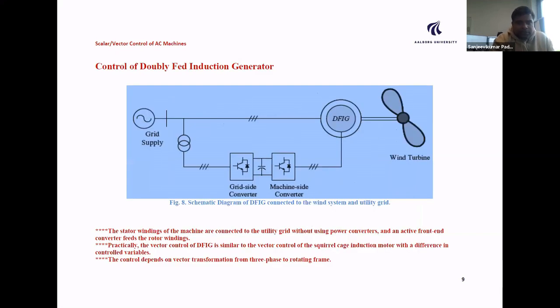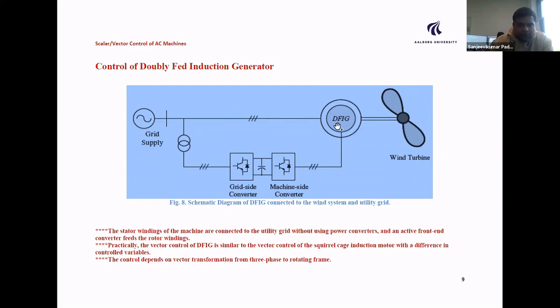And what are the applications in real time with the power electronics and these motors? So the grid can be connected to a DFIG, then to a wind turbine. So the wind turbine prime mover is connected to a DFIG, double fed induction generator. From the stator, we can feed the voltage to the grid based on the speed of your wind blades.